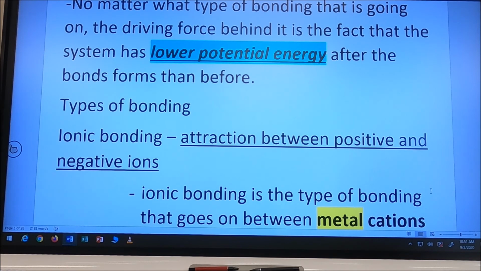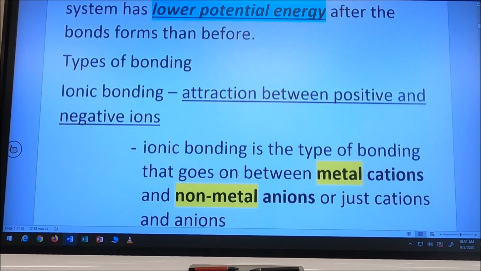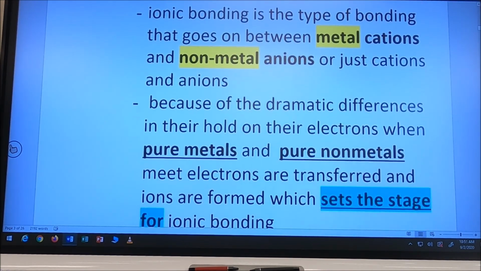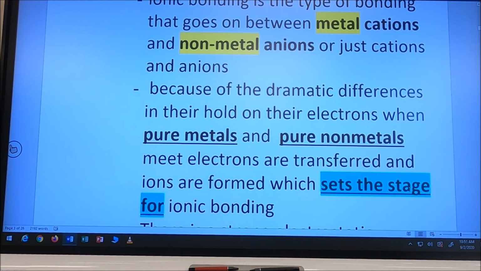Ionic bonds then is the type of interaction we see going on between metal cations and non-metal anions. Because of the dramatic difference that metals and nonmetals have on their electrons, pure metals and pure nonmetals, when they meet, undergo